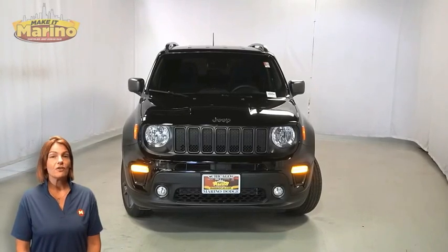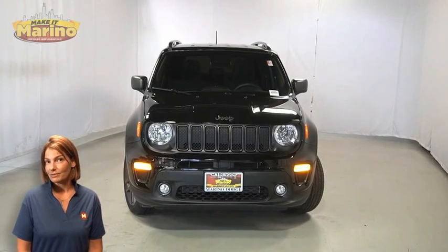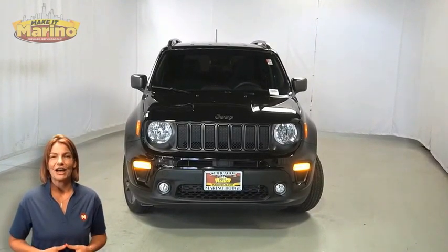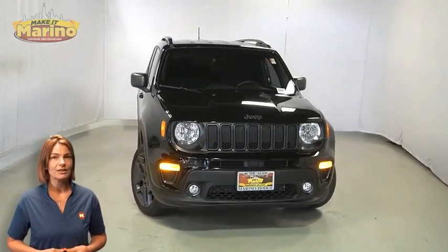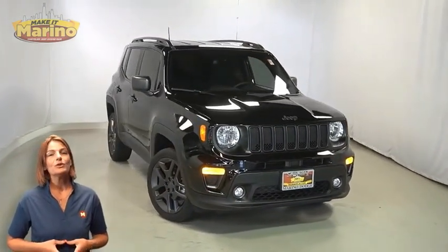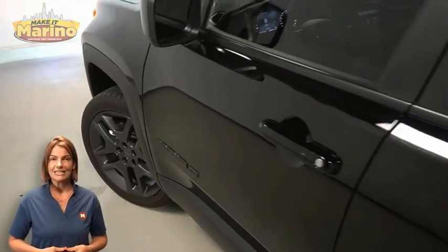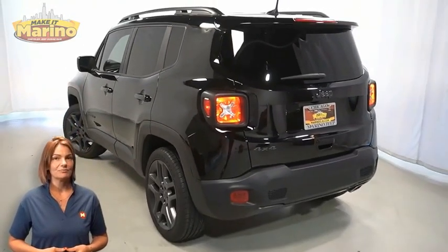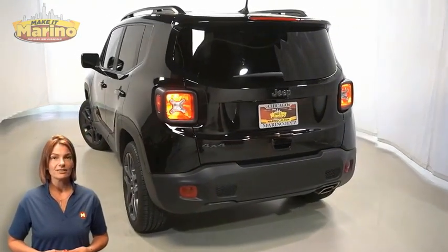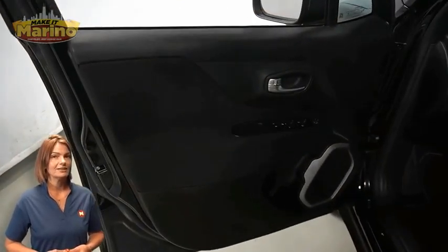If you're looking for a functional, compact SUV with reliability and safety for the whole family, then take a look at this certified pre-owned 2021 Jeep Renegade 80th Edition in black clear coat with automatic headlamps, front fog lamps, 19-inch aluminum wheels, blind spot and cross path detection, satin granite roof rails, rear window wiper and washer, front bucket seating,